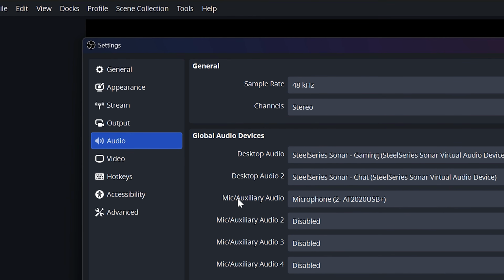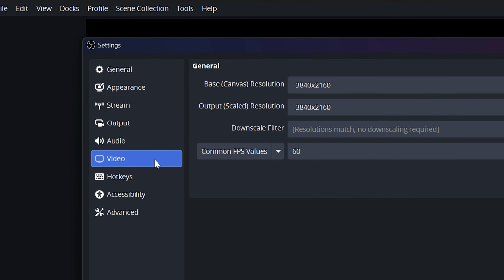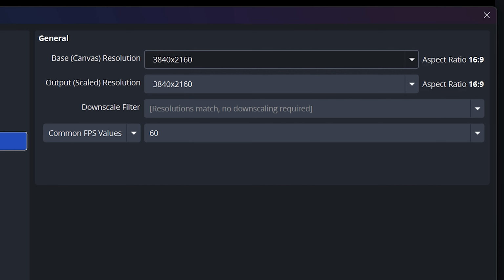Head back to the side menu, then switch to the video settings. Set the base canvas resolution to your screen's resolution or 1920 by 1080. This is the size of your OBS canvas in preview. Typically, stream graphics are designed based on a 1080p canvas, so you may want to use